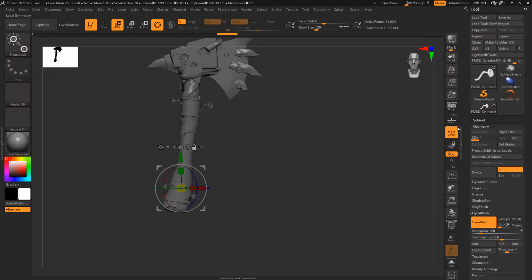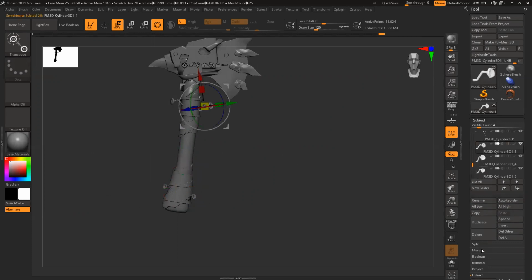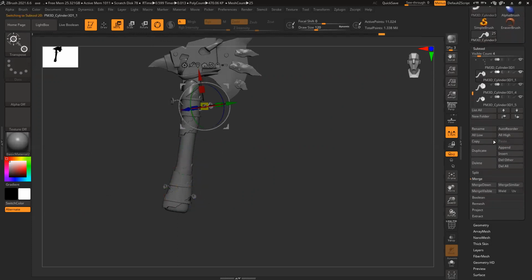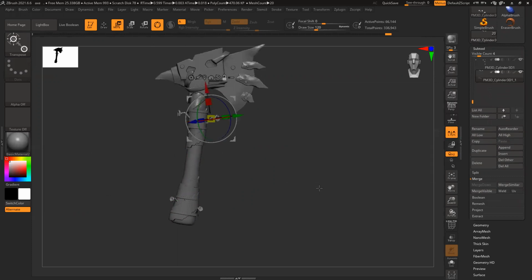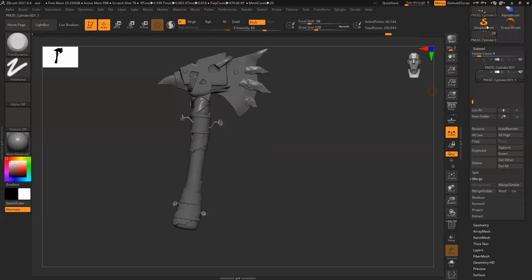So placed. So now if I want, I can just simply merge all these nuts. Merge under subtool, merge down, merge down, merge down, merge down, merge down. All of them are merged together. So nut bolts are ready.